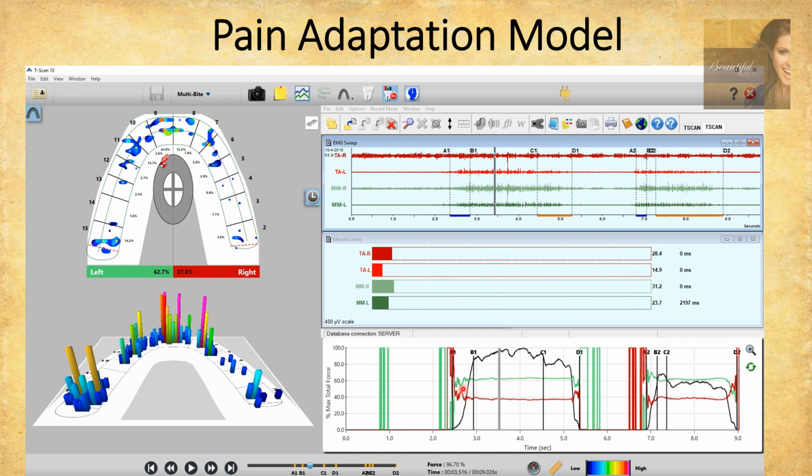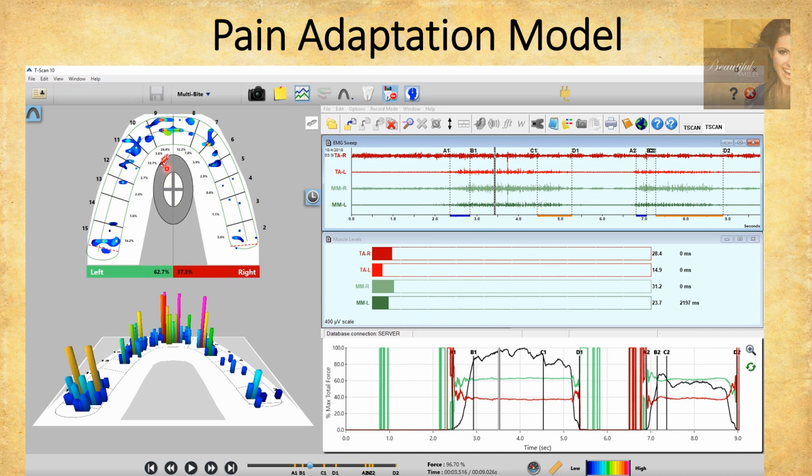And oddly enough, she can't really sustain a clench, and the muscles are not firing properly. These are fatigued muscles, and this is the pain adaptation model of what's going on with her. She's exhibiting exactly that because she's in pain. The body won't allow you to hurt yourself within its own control, right? And so these muscles are fatigued and not really firing. Whereas when we actually correct,